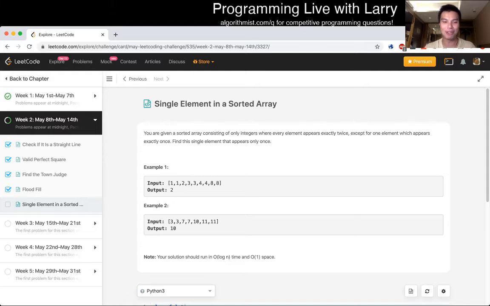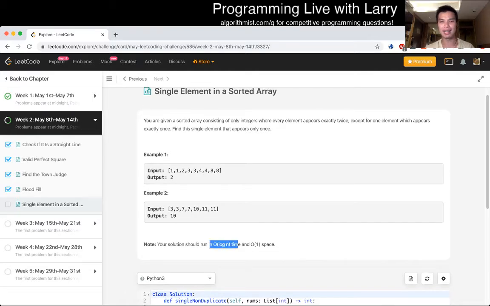In competitive programming, you wouldn't get this problem per se, but if this was given to you in a Leetcode contest, for example, I'd just do an O(n) space, O(n) time solution and then submit it and I'm done, right, in a minute probably. Okay, but now because we want to do it in log n time,